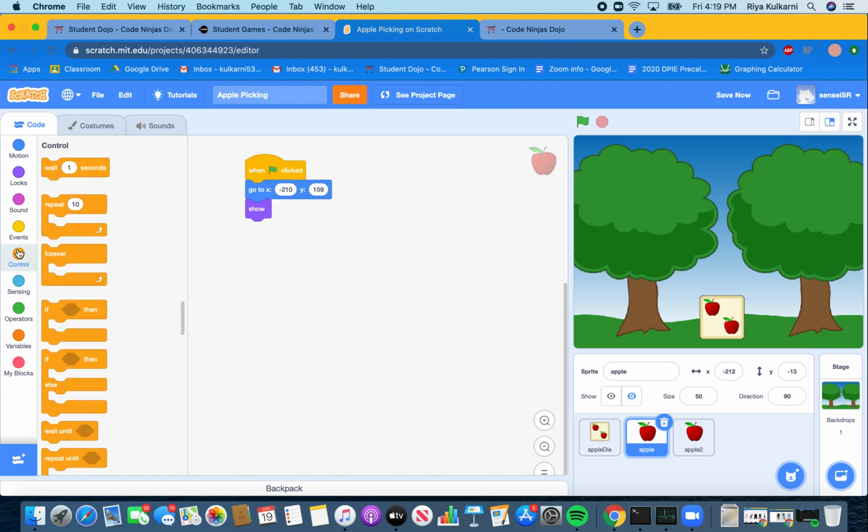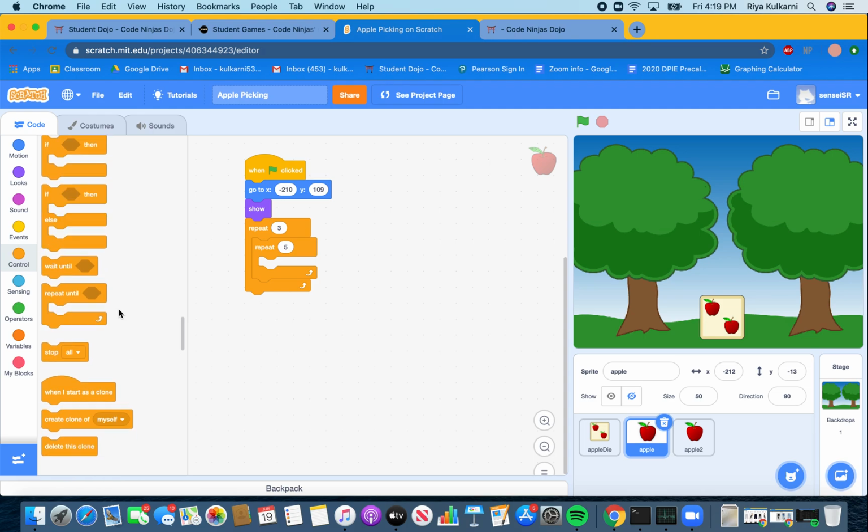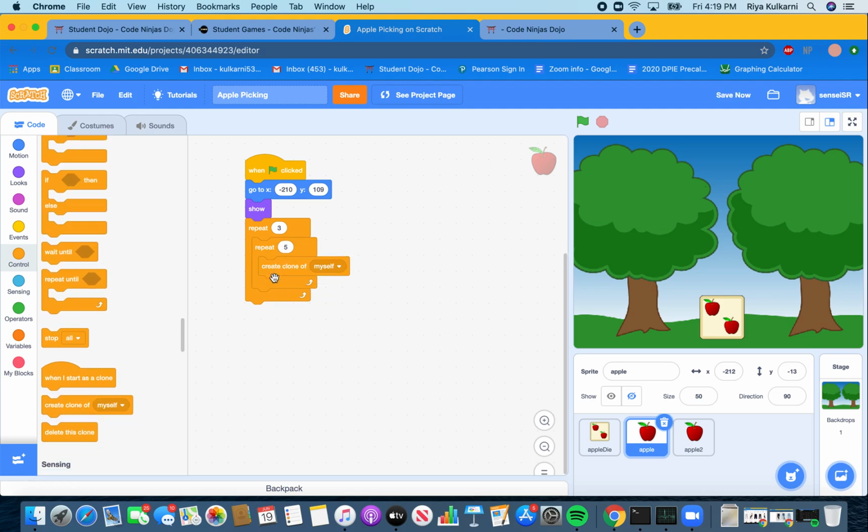Now go back to control and add repeat 10. And inside of this repeat 10, you're going to add another repeat 10. But we're going to change it to repeat 3 and repeat 5. Now inside of here, you're going to scroll down in control and add create clone of myself and put it